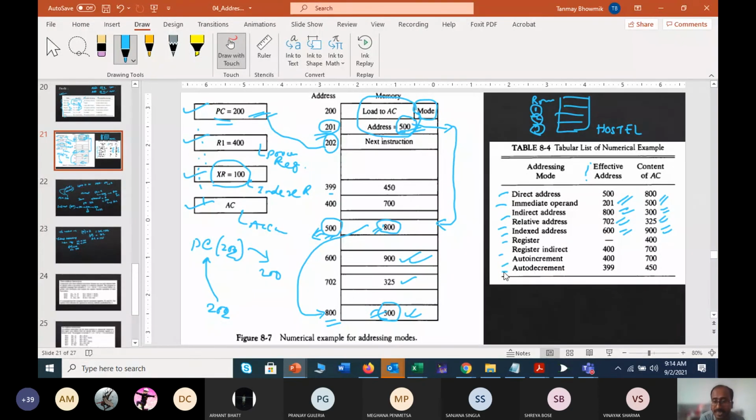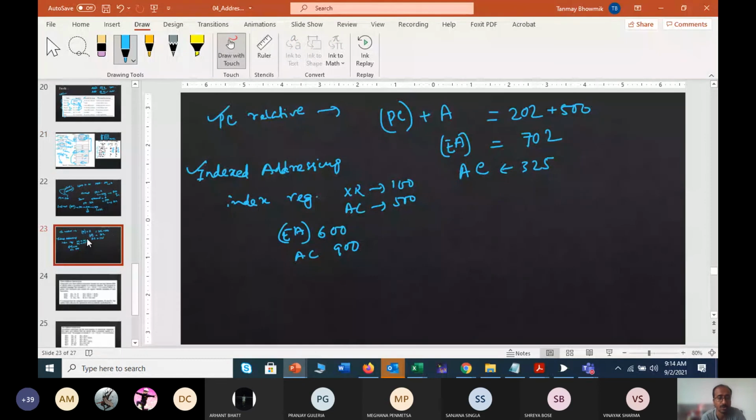Now the next one is register addressing. Here there is no effective address and the content of accumulator will be 400. How? Because we have already said that when dealing with register addressing mode, the operand will be directly operated from the registers. So there is no separate address associated which will direct you to the memory.